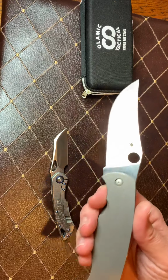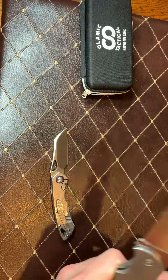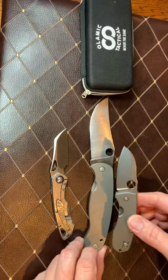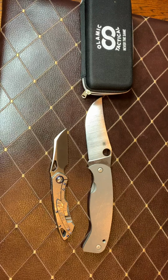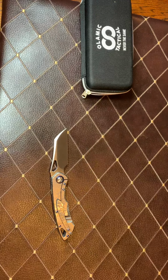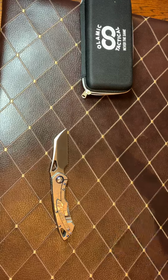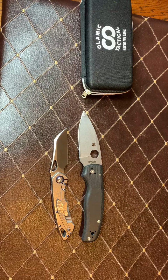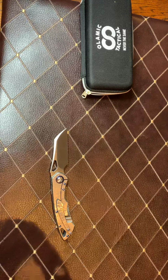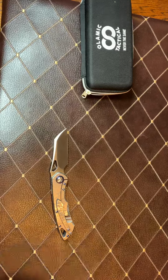I mean, what kind of company makes knives like that? And then, in the same breath, from the same factory, makes knives like that. I mean, Spyderco is just the shit, and I like them. Affordable knives, affordable badass knives. I'm gonna put it up against a Shaman. Great EDC knife. Got some schmuck on the end there. I use my knives. So anyway,